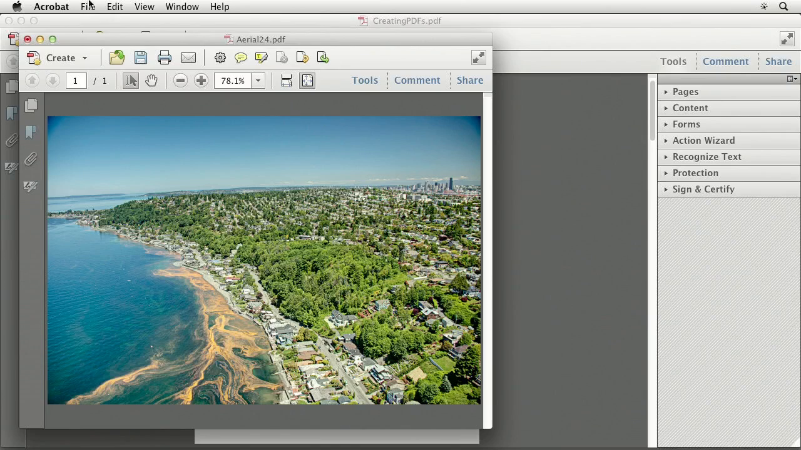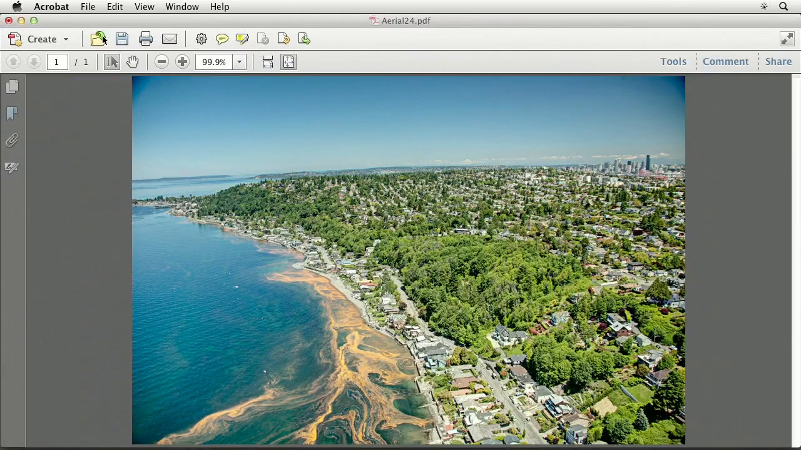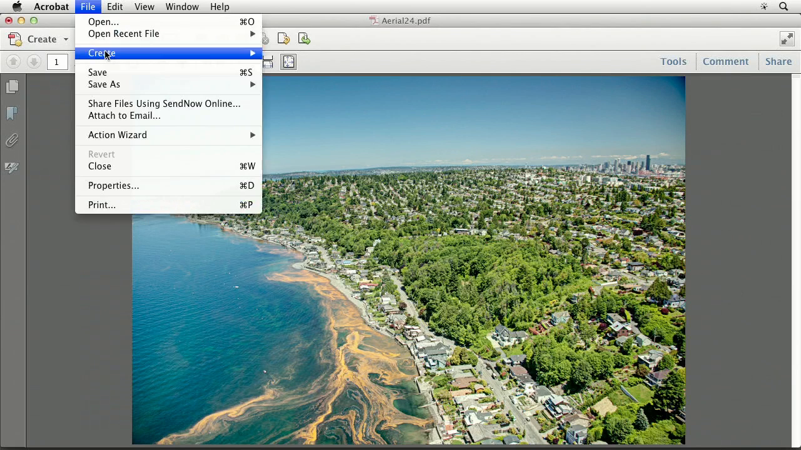Well, I don't like boring pictures or anything else, so we were flying around West Seattle when we had this really weird tide last summer. So we got some really cool shots, and I thought, okay, this would be fun to put into a quick little PDF. So I just made this into a PDF, just simply by going into the File menu, Create,